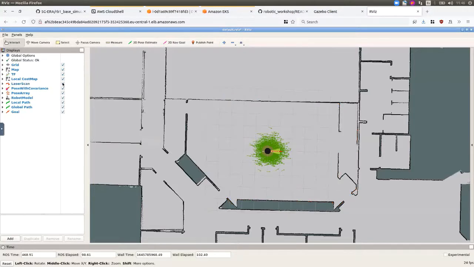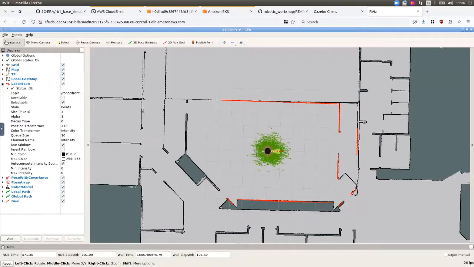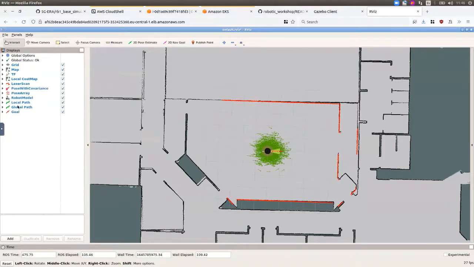If you enter here, you can play around with the colors, for example. And these green arrows are the pose array. These are the particles of the AMCL, the most likely positions. This is the first time, so the robot has a little bit of uncertainty and the AMCL is not quite sure where it is. When we start to move, you will see that these particles start to